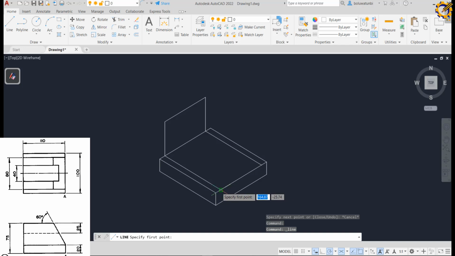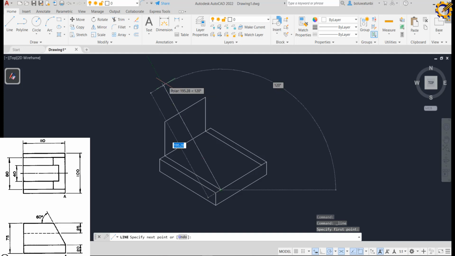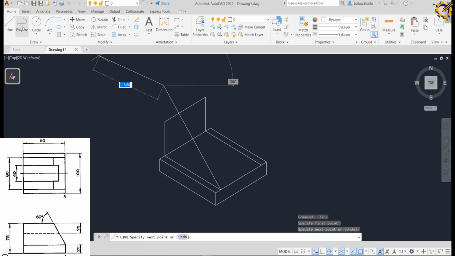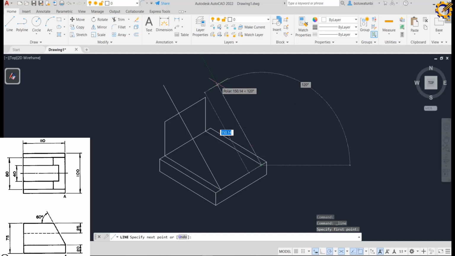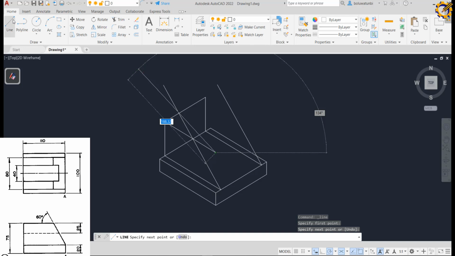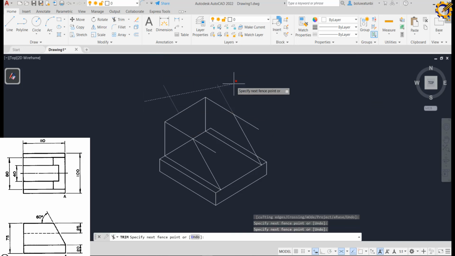Okay, so I'm going to stand here and draw this at 120 degrees like this. I'm going to draw that like that. Likewise, I'm going to stand here and draw this also at 120 degrees like this. Okay, I'm going to draw this straight at 30 degrees like this, at 30 degrees like this, and with my trim, I trim this, and